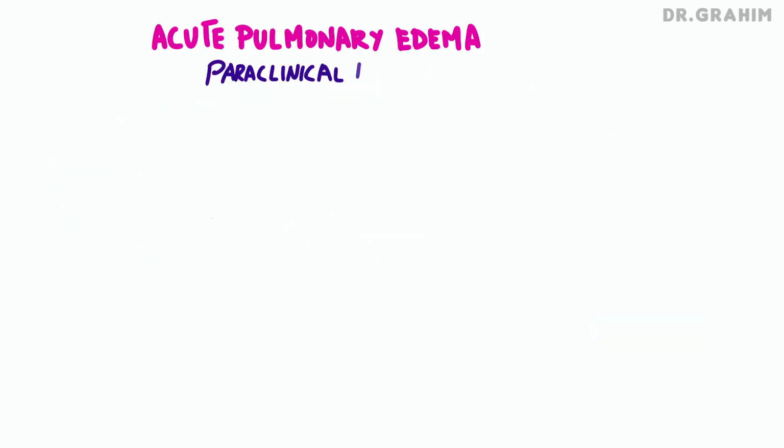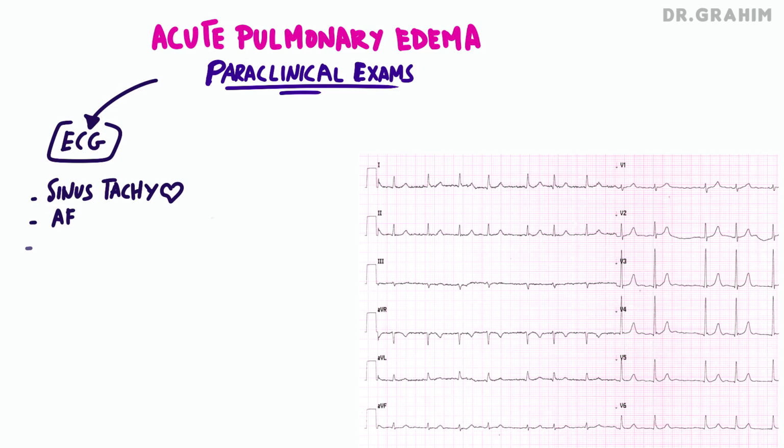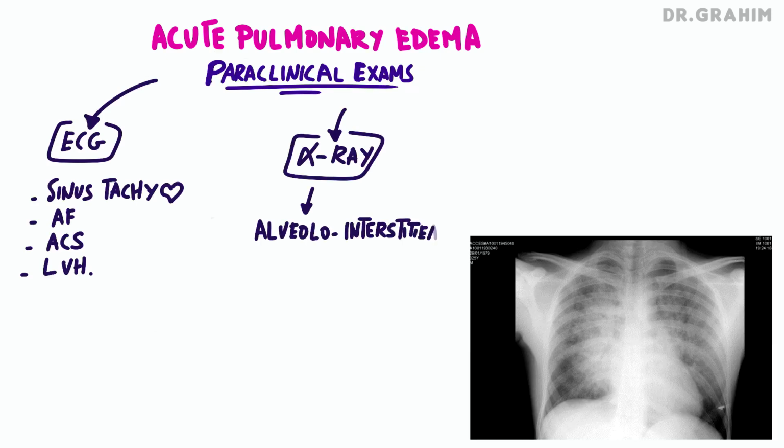Jump into paraclinical examinations. The first examination is ECG, which may show sinus tachycardia. It can also help identify the underlying cause, such as atrial fibrillation or acute coronary syndrome, or signs of left ventricle hypertrophy. Next, chest X-ray, which shows signs of alveolar interstitial syndrome, the interstitial edema caused by vascular redistribution toward the lung apices,